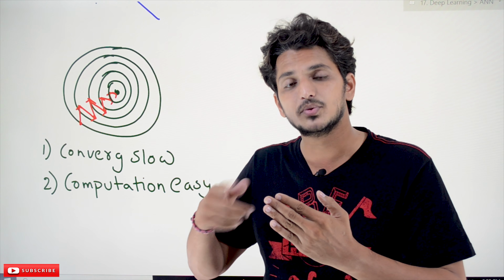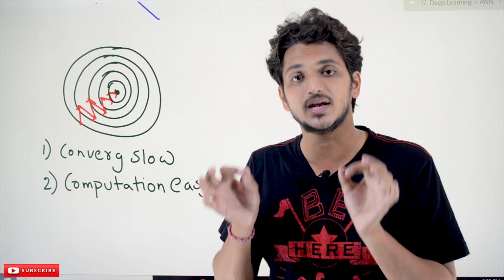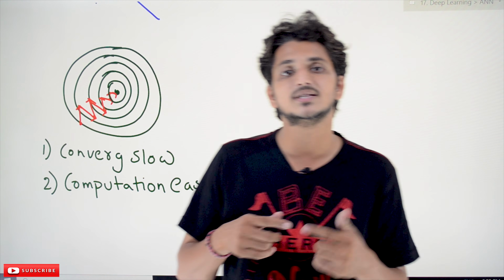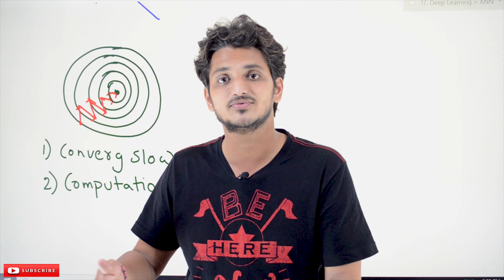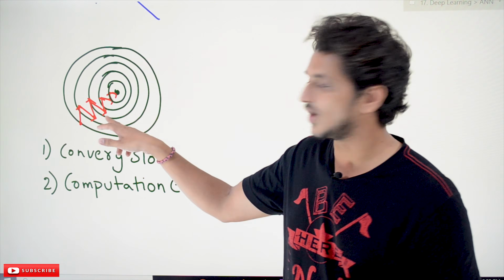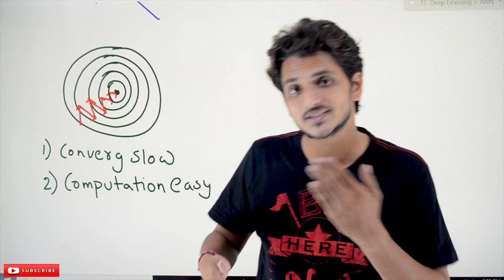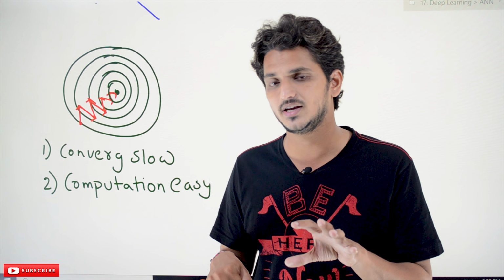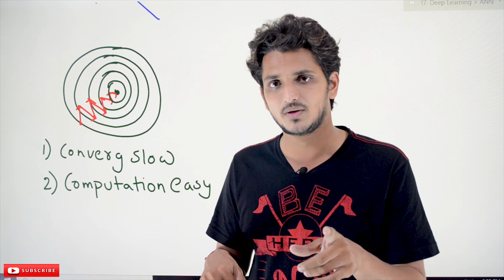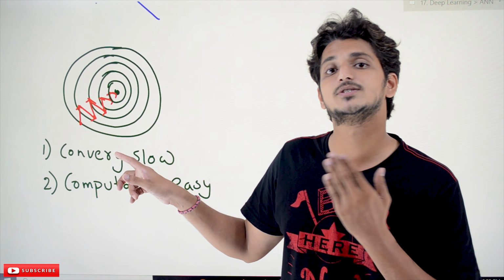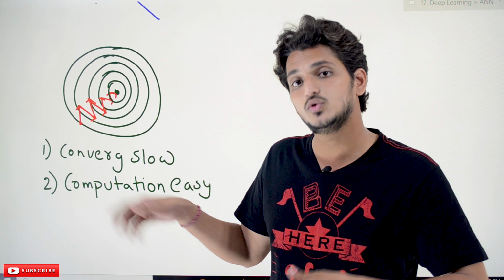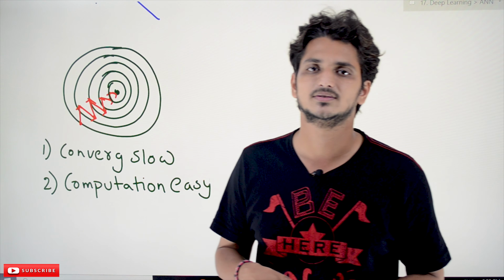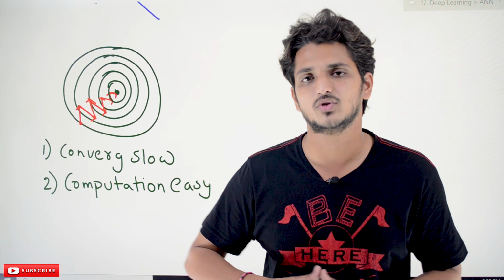How to improve that convergence speed? There are some techniques, we call them optimizers. All these techniques will be discussed in our coming classes. For that, the basic point is why we have to improve our convergence speed. We have to use stochastic gradient descent or batch gradient descent because of the computation problem. Still we have to converge faster. How to change that equation, how we converge fast, all these techniques will be discussed in our coming classes. So this is all about the problem with stochastic gradient descent.